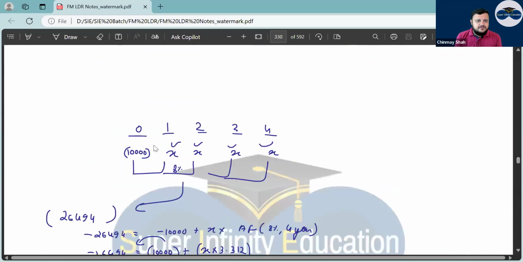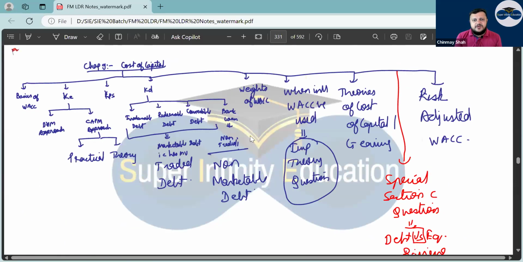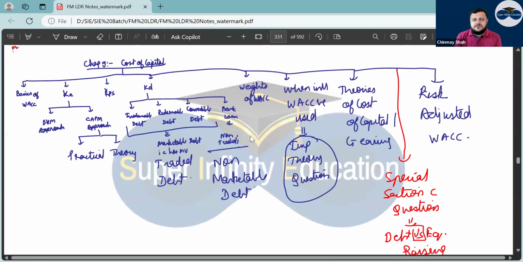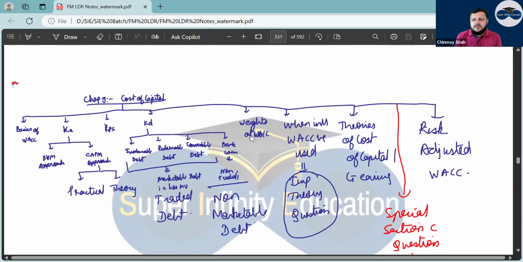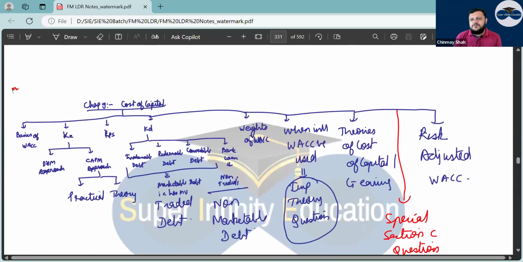Right? Then going ahead, you have what? Now we can go into, I think, cost of capital, right? Cost of capital, very big chapter, and also a lot of questions have come up in exam section A and B question also, and a section C question of calculating WACC. For section C question of calculation of WACC comes up, right? Consider yourself lucky, because this question is very easy, right?